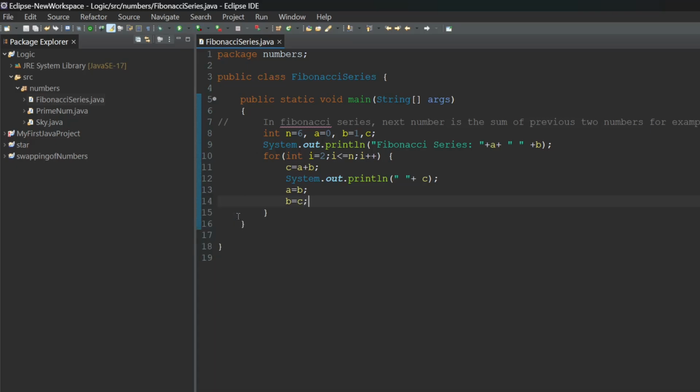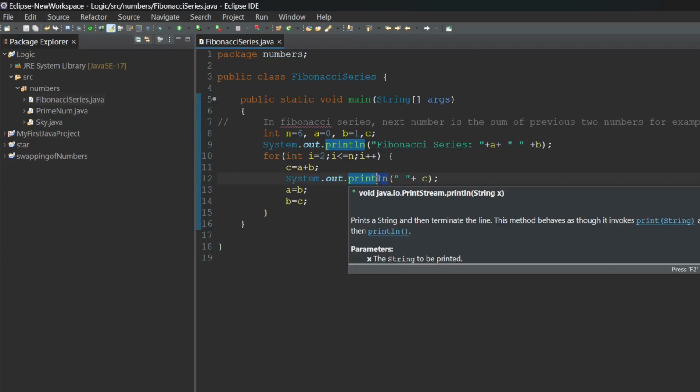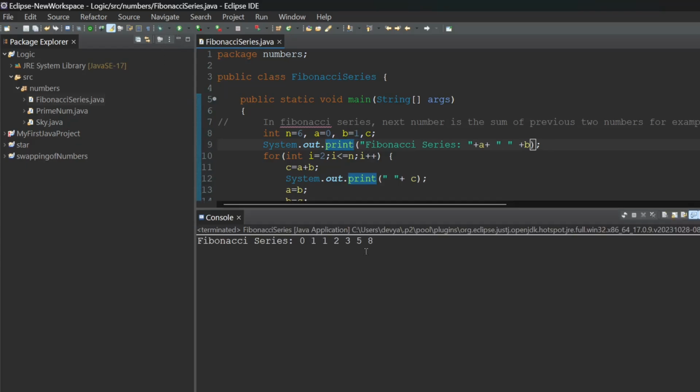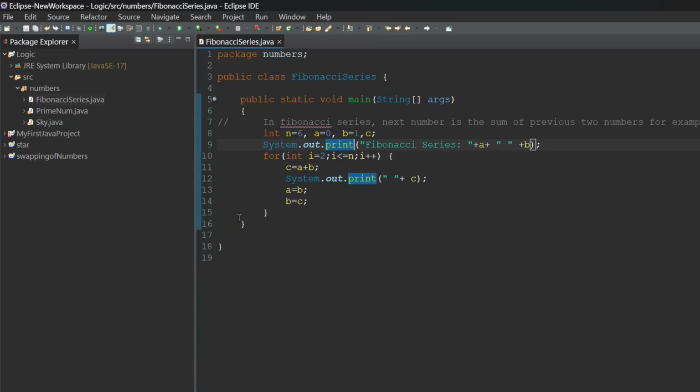So it comes in the vertical line, we don't need to give output on the next line. So here I removed the next line, that is ln. So we are running it again. Let us see. Yes, that is Fibonacci series 0, 1, 1, 2, 3, 5, 8. Okay, the number of terms are 6. Remove 0. By removing 0, the number of terms is 6.